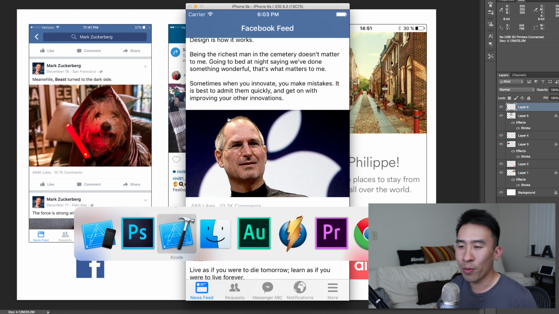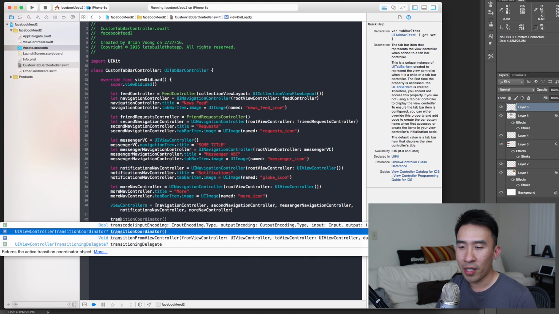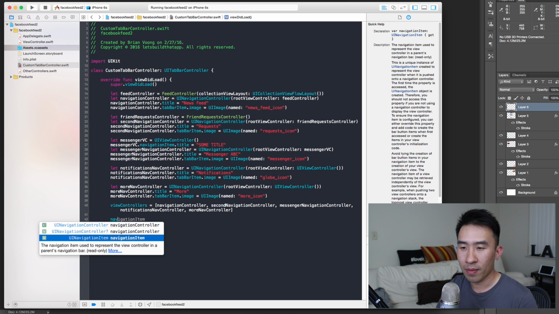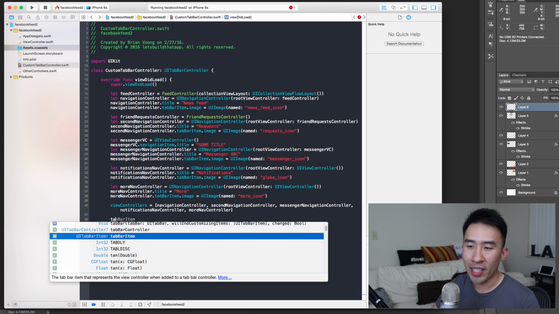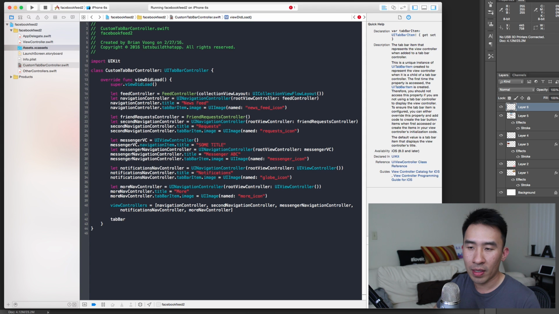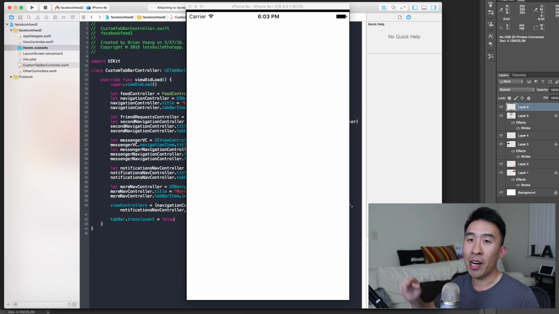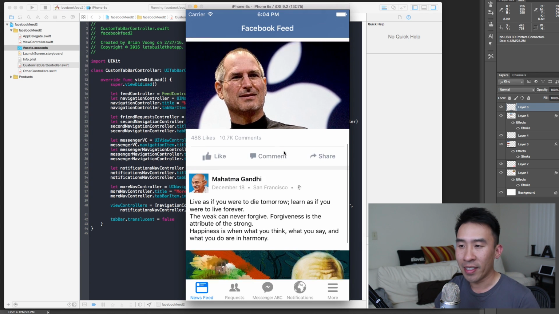And for whatever reason they justify turning it off, we don't really care so much, but we have to provide that translucency as well. So the way to do that is to say tabBar.translucent = false, and that'll remove the type of transparency that you see as you're navigating up and down